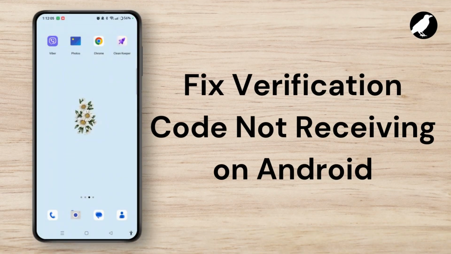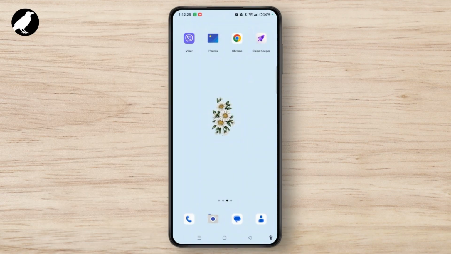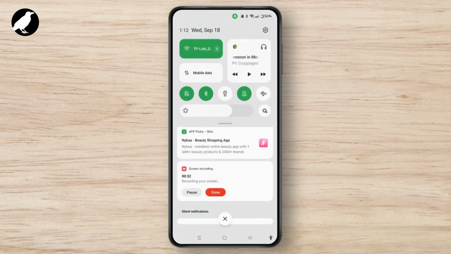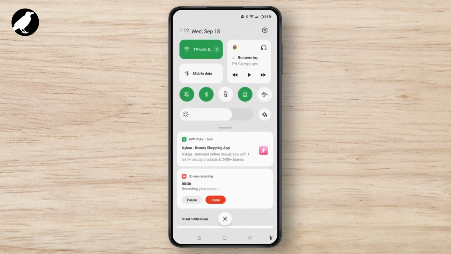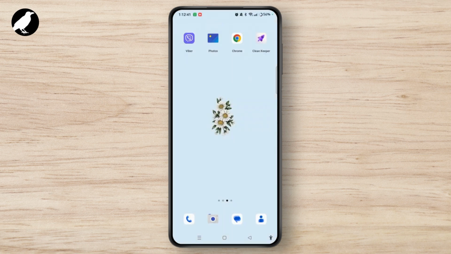How to fix verification code not receiving on Android. So if you are not receiving verification codes on your Android device, the first step you need to follow is to check internet connections. Ensure that you have a stable mobile network or Wi-Fi connection. If your Wi-Fi is not working properly, you can switch between mobile data and make sure your connection on your